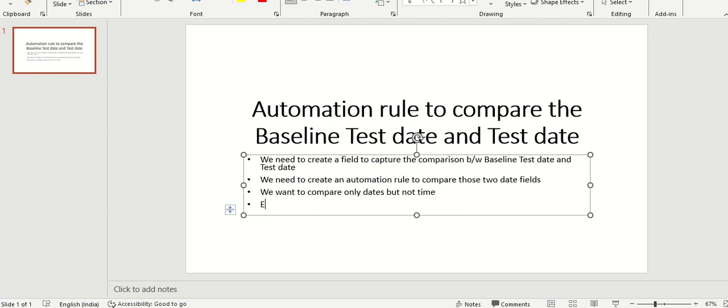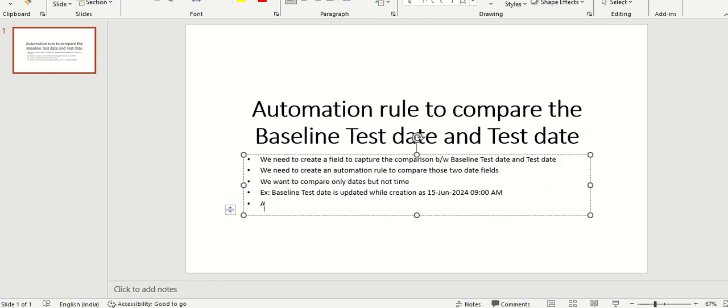For example, let's say baseline test date is updated while creation as 15th June 2024, 9 a.m. After some time, if test date